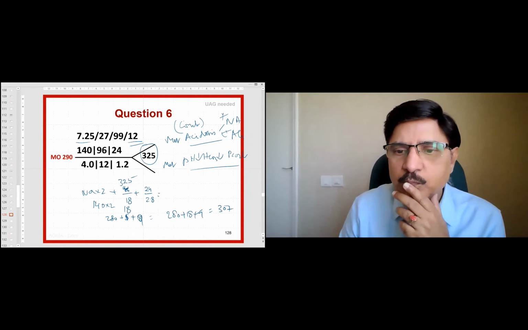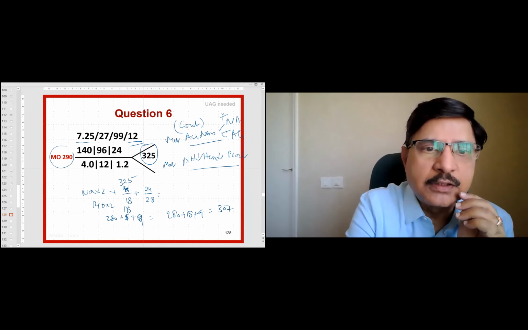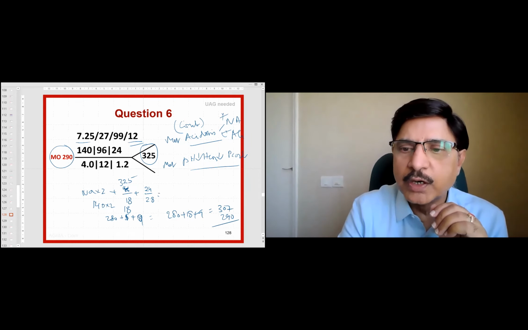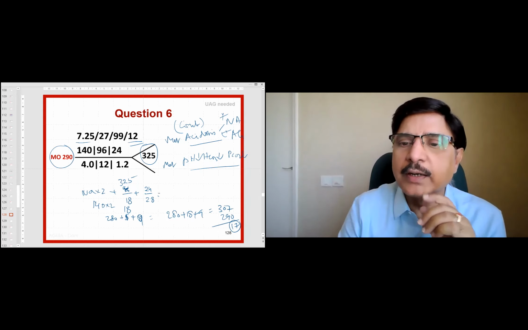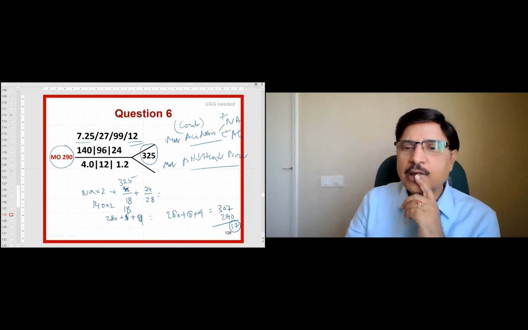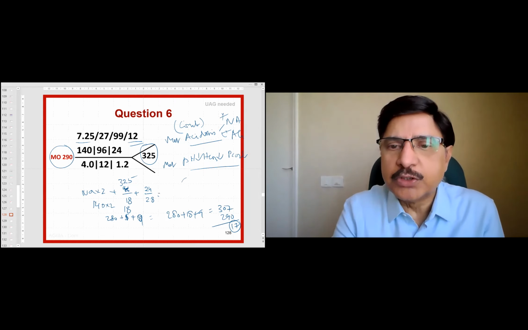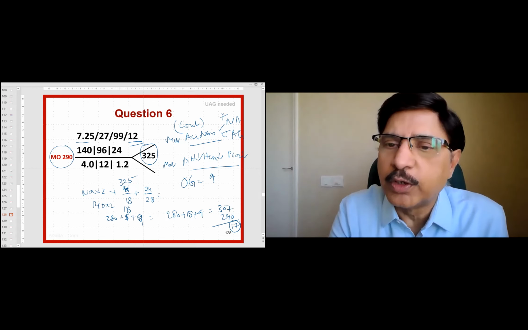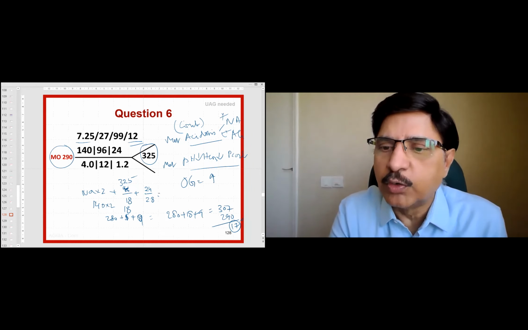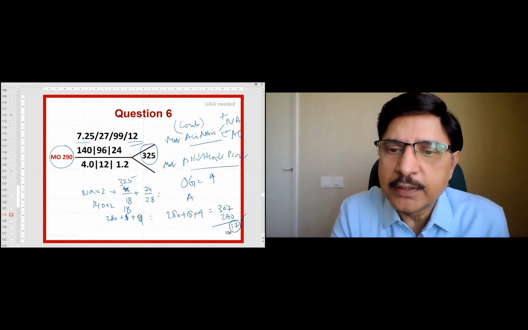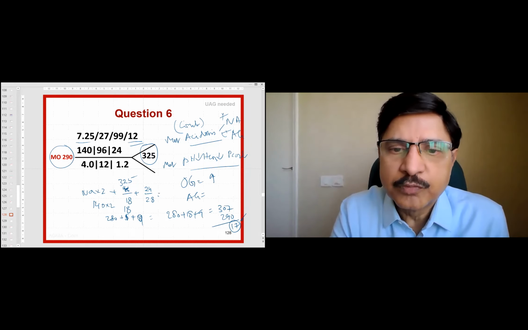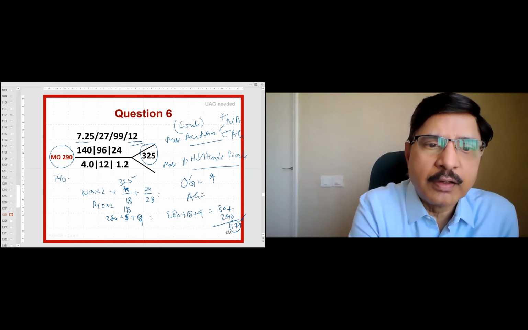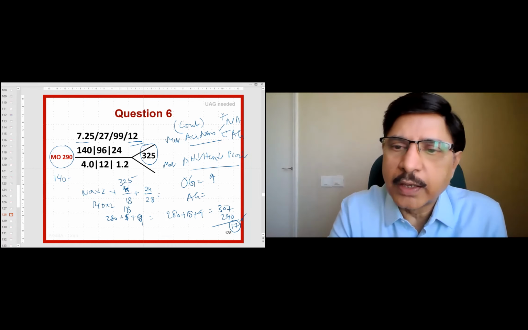Isn't it? Yes, sir. The measured osmolality is 290. That means there is a gap of 17 units, which is quite high. The OG is elevated. Normally it is up to 5 to 8 units, maximum 10 units. This is 17 units. So OG is high. AG is also high. What is the anion gap here? 22. So anion gap also is high.